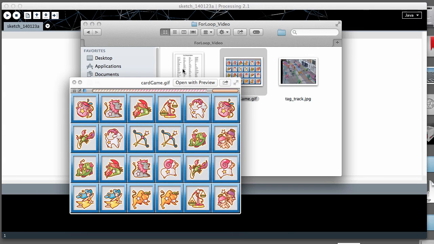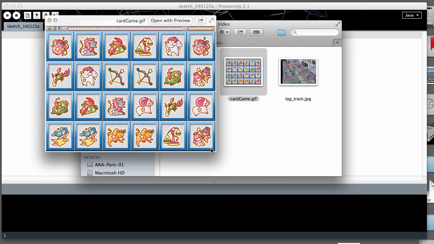Another example might be, let's say you made a program that's a card game, a memory-based game, and you're going to be essentially drawing a giant grid of cards. Well, it's kind of a pain to say, all right, I want a program that draws this one here, and this one here, and this one here, etc. Why not just have a program that will go through and say, hey, for every 50 pixels across, I want you to draw a new card, which will essentially make one row. And then, if that row fills up, I want you to drop down to the next line and start over and do the next row. Drop down the next row. That's a really efficient thing to do using for loops as opposed to